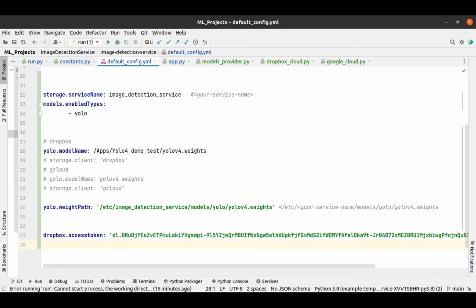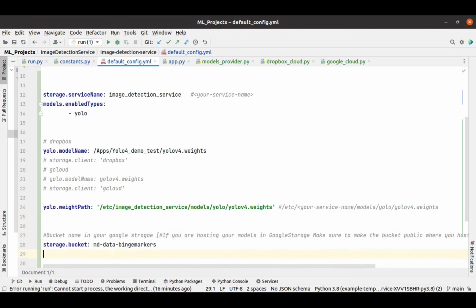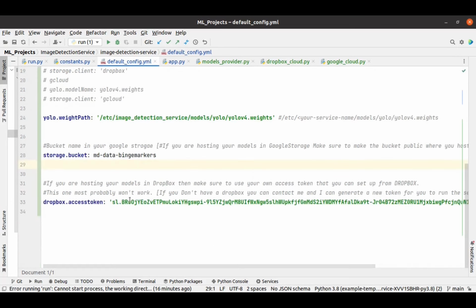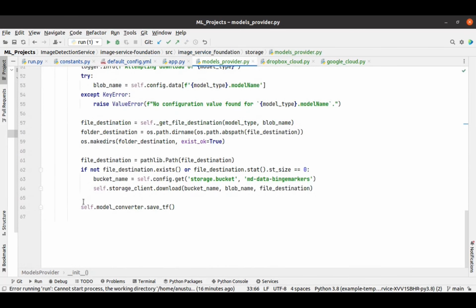Do we need anything else? Yeah. Let me put in some comments now. And also, if we want the storage to be Google Cloud, so there is Google Cloud. And now in the model provider, what we're gonna do,